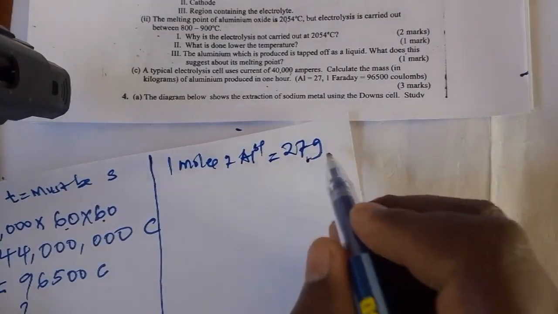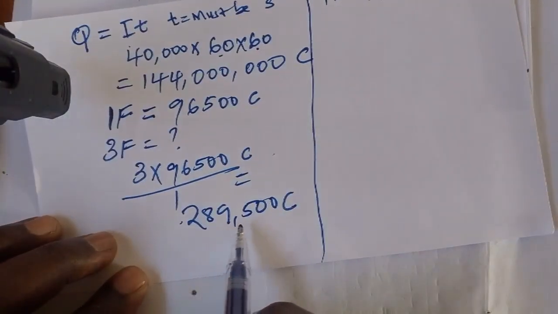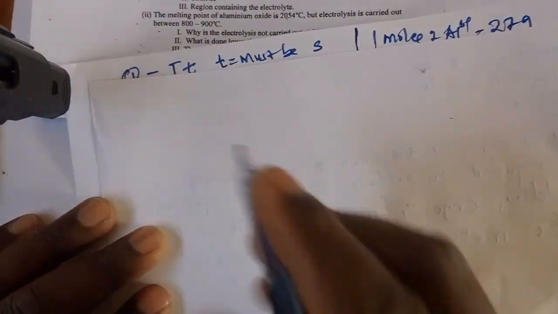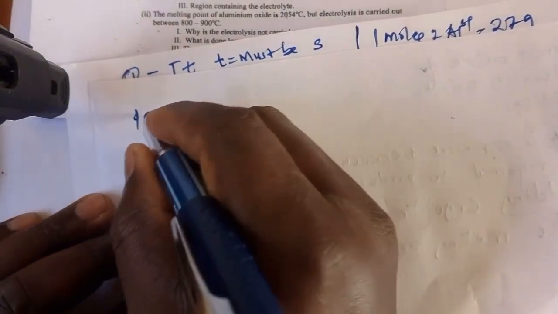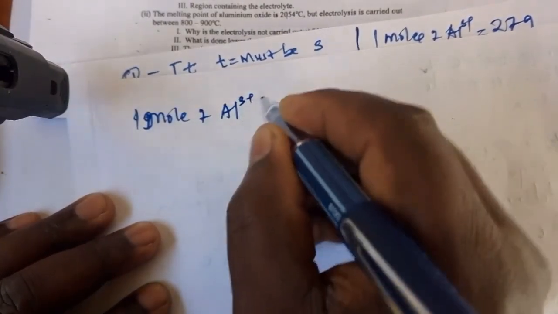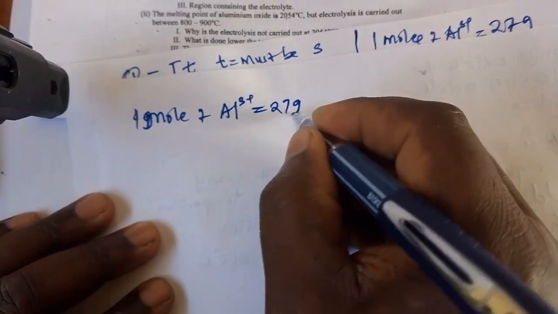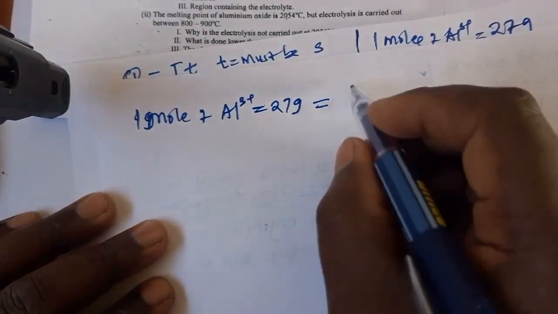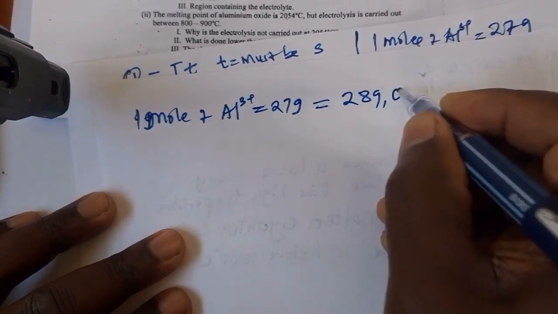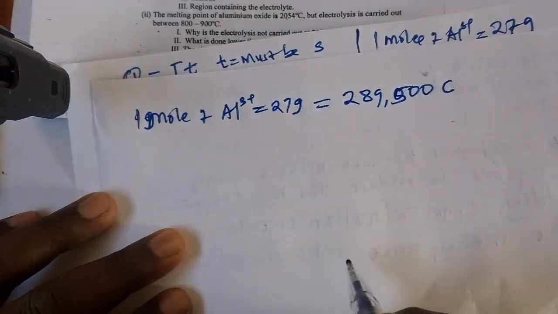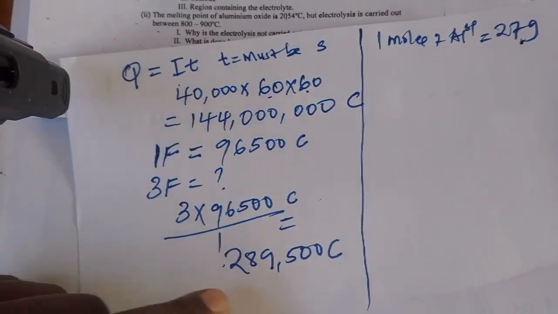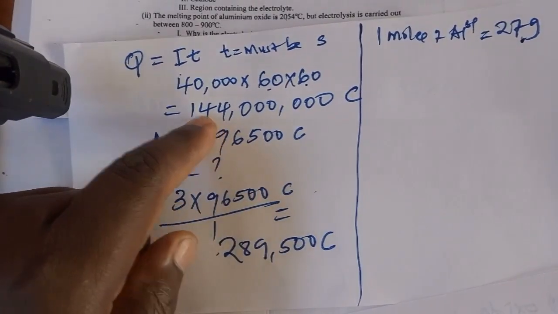And these 27 grams will contain the total of these coulombs. So I want to say like this: 1 mole of aluminium ions contains 27 grams, and this 1 mole contains 289,500 coulombs. So we will ask, the one that we produced, that is 144 million, will contain